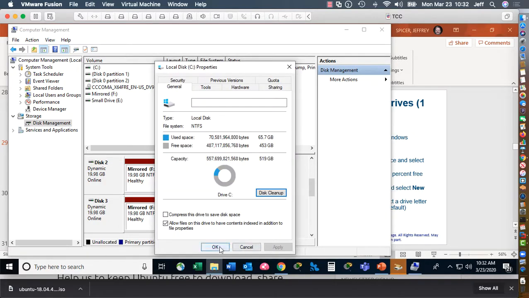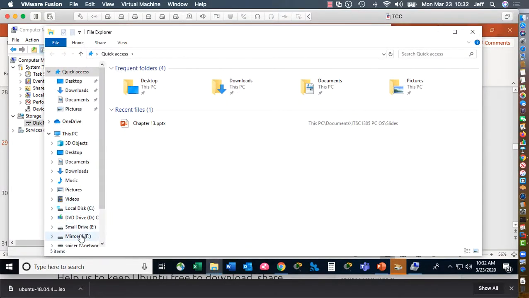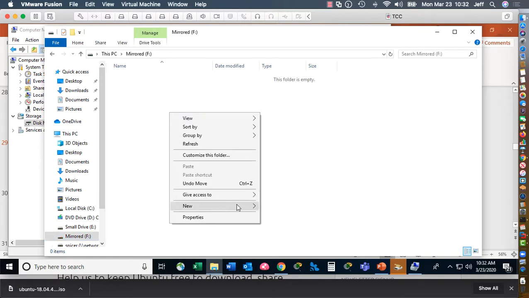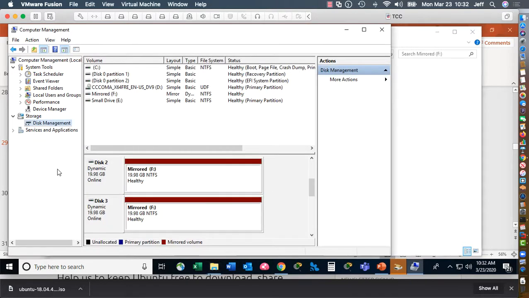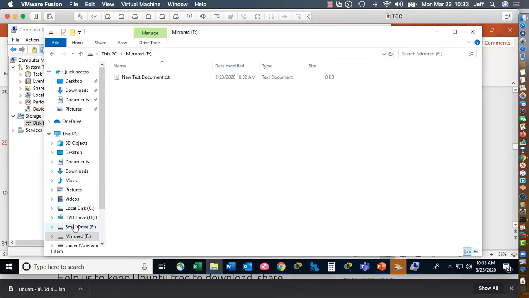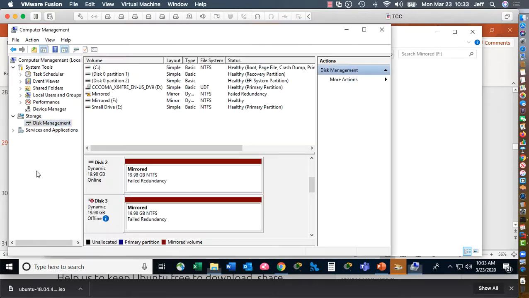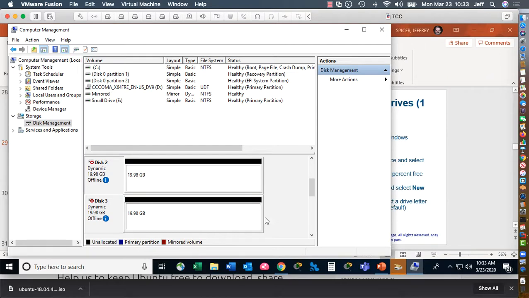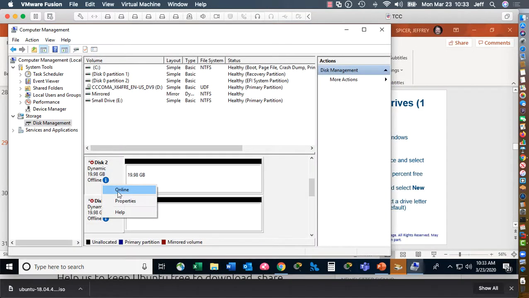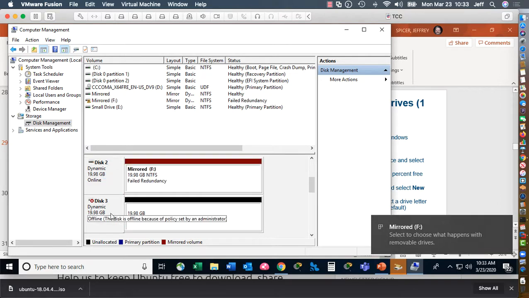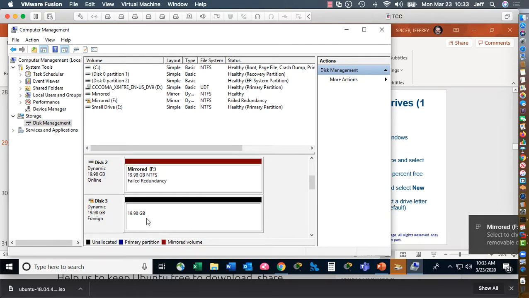but the idea is if you go here, now this mirrored drive, if I create a text document, right? If for whatever reason this drive were to fail, right? So it's offline because let's say it failed, I still have full access because it's a mirrored copy, right? So I still have the document, but if I lose both, right, then I lose the drive and lose everything that it had, right? So that's mirrored. And then of course, if both are online, then